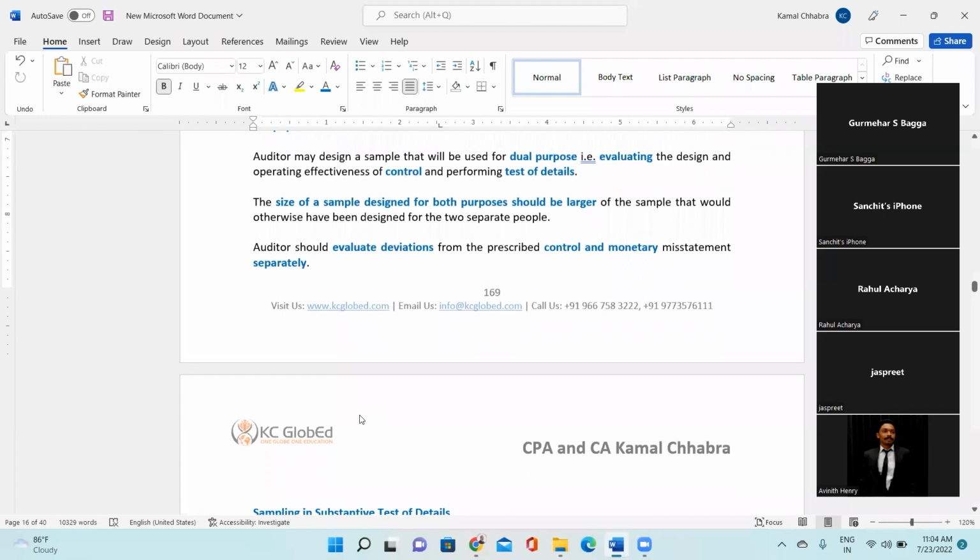Auditor may design a sample that will be used for dual purpose. So have you heard about this term before, dual purpose testing? Yes, sir. Any idea what is dual purpose testing? So using the same sample for our test of controls and test of details. Absolutely right. So dual purpose testing is those samples which you can use for test of control while testing the attribute, and the same sample you can later on use for the test of detail for testing the